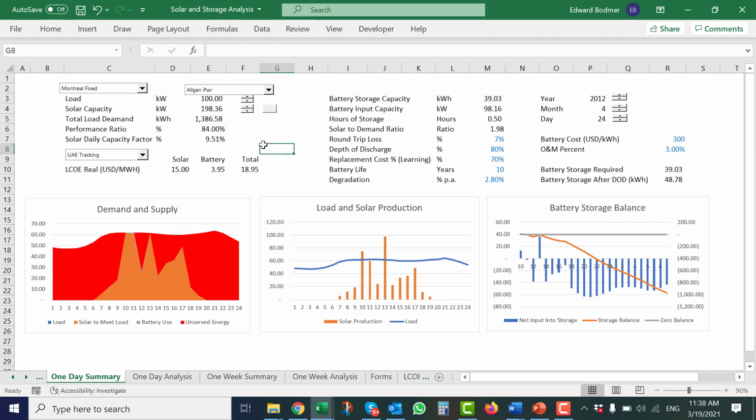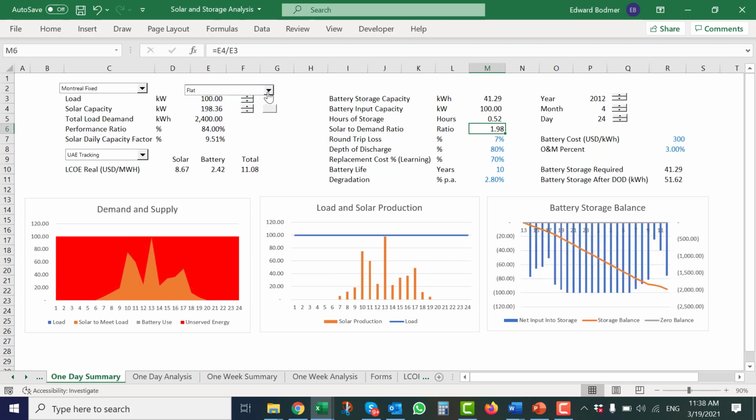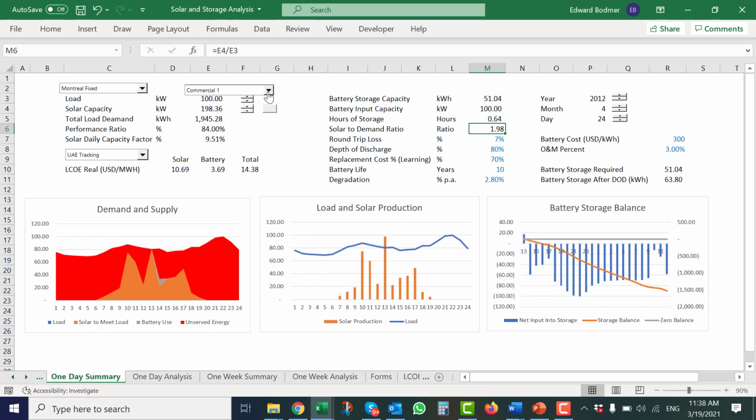If we only had this much solar right now, to meet this demand from Allegheny Power, it's just a demand curve, and I put all those demand curves in. I'll put this one in. How's that one? That's a different shape. I really wanted to find some good commercial buildings that I can look at, and I could put a flat shape in, and I put some commercial buildings in. Let's put this commercial building in.